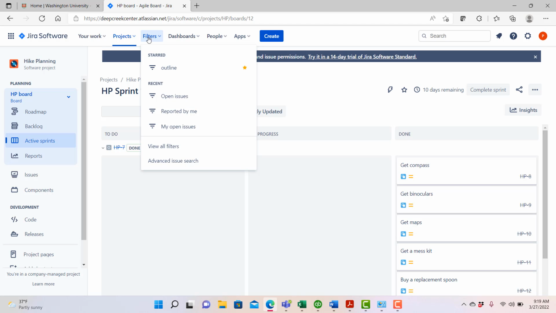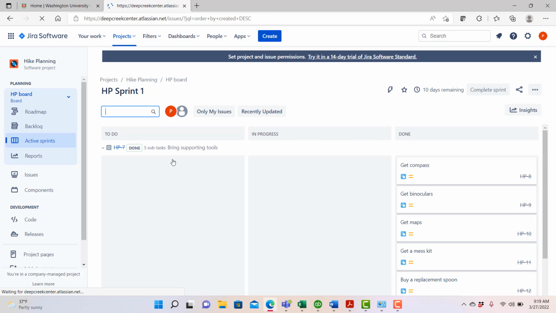You can create various types of filters for particular things that are favorites of yours. You'll notice that some of the recent issues I've opened here include all open issues, issues that were reported originally by me, or any particular issues that are currently mine that are open. I'm going to go ahead into the advanced issue search here to show you a little bit about how this